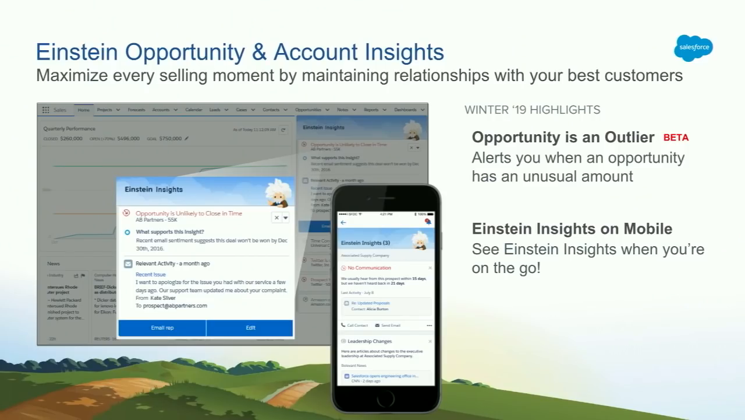Opportunity and account insights have been part of Einstein from the start, and this is all about surfacing the important insights that you need to understand what the best next action is to take on the deals that are in flight. And with the Winter 19 release, we have a new insight type as beta,